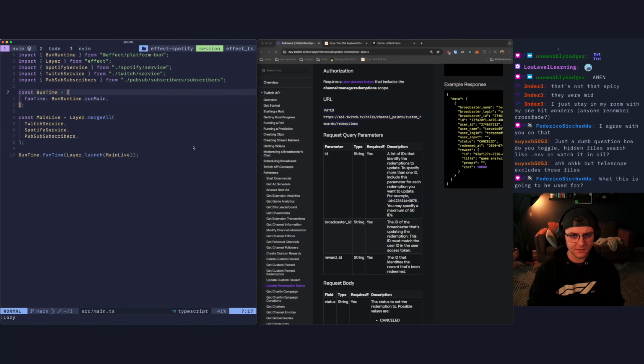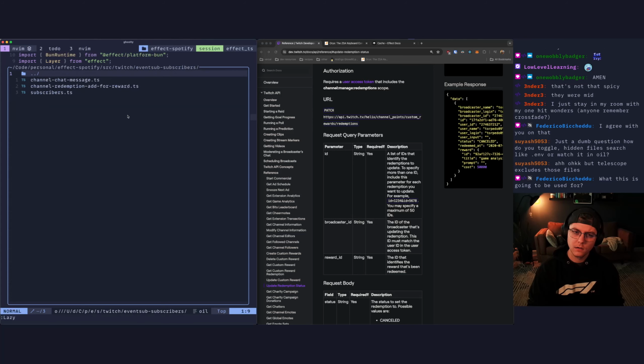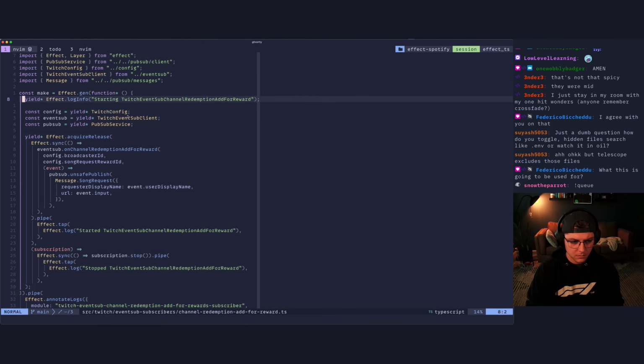Yeah, I guess I don't need a cache for this particular thing. I basically need to track the redemption ID the whole way through all the subscribers. So from the time we get in here, we get a channel redemption. And we need to...